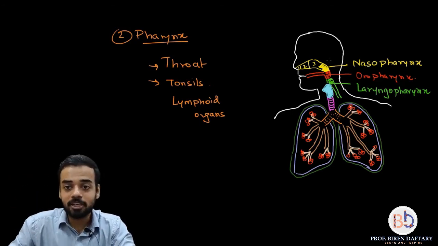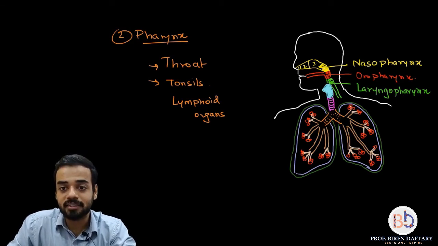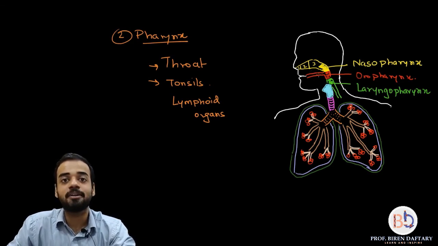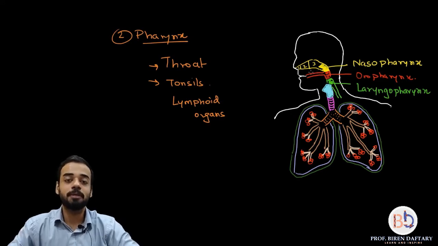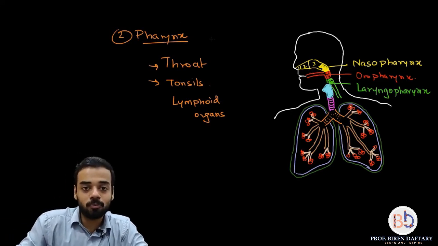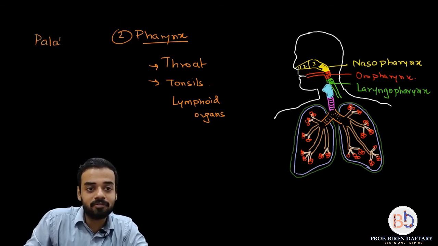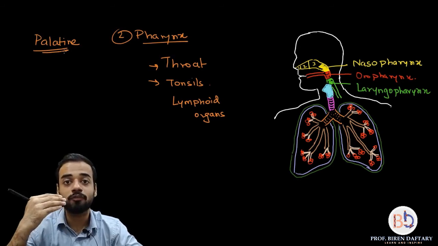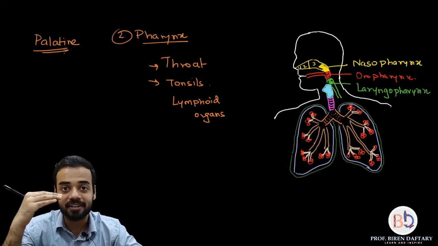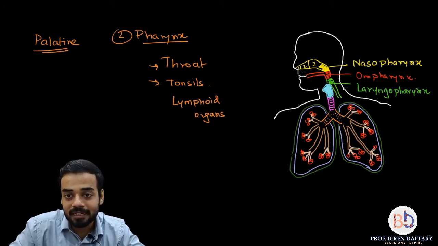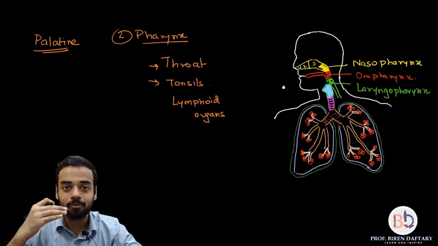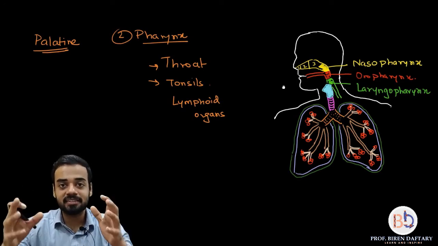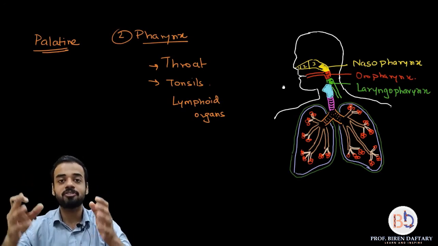Another thing is, between the nasopharynx and the oropharynx, the bone which is present is called the palate bone. If you remember, we have studied a bone called the palatine when we were studying the skull. The palate is the roof of the oral cavity or the floor of the maxilla. That bone, the palate, is somewhere around here, correct? It is exactly present between the nasopharynx and the oropharynx. So please remember that the palate bone is also present. That ends our second part of the respiratory system, which is the pharynx.